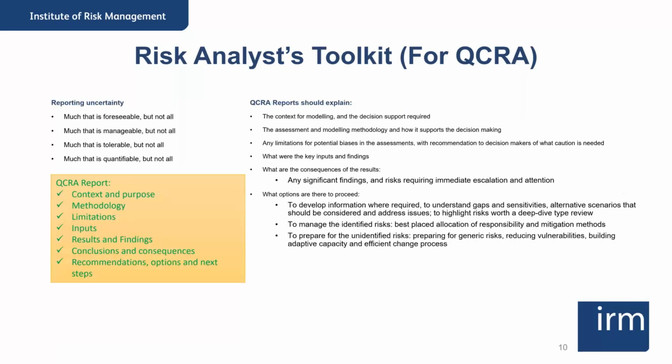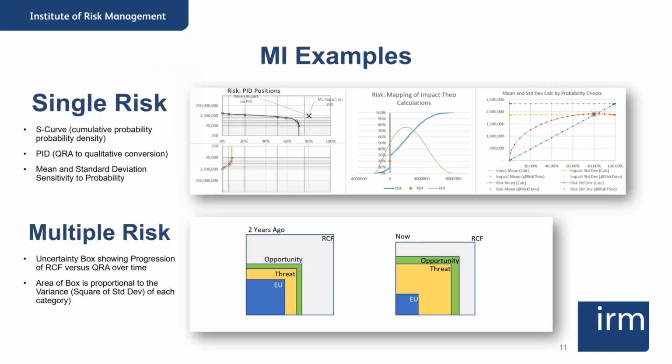In terms of what we put in a report, going back to Matt's point, we need to understand context. Context is king. When we set about presenting our results, we need to explain the environment it's in, why we're doing it, and what decision it supports. We need to explain how it's come about, what its limitations are, and then not just present the results and findings, but what the consequences are. What needs to happen? And should you go further? Should you develop? So in the last couple of minutes, I just want to show a couple of those management information examples.